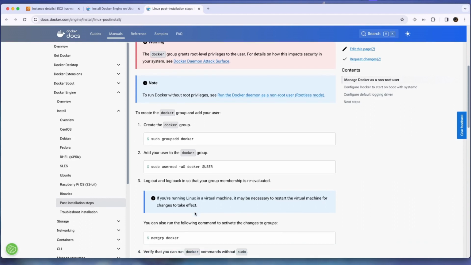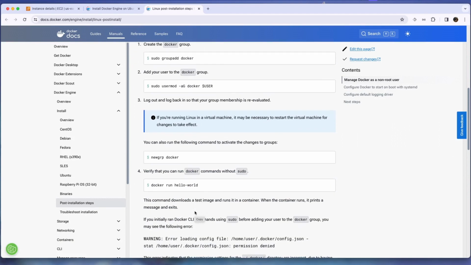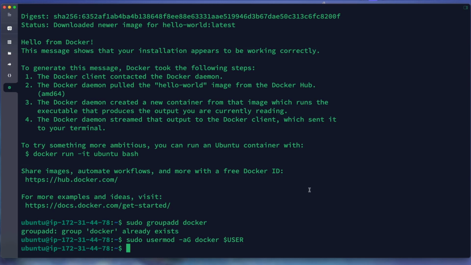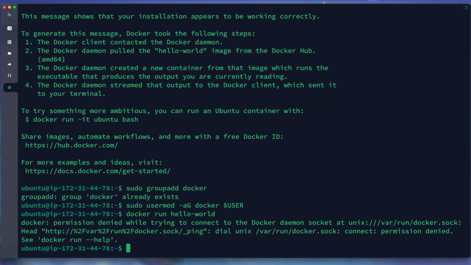Okay, we can try right now to run hello world without sudo. Still access denied. We need to log out and log in again, or we can create a new session.